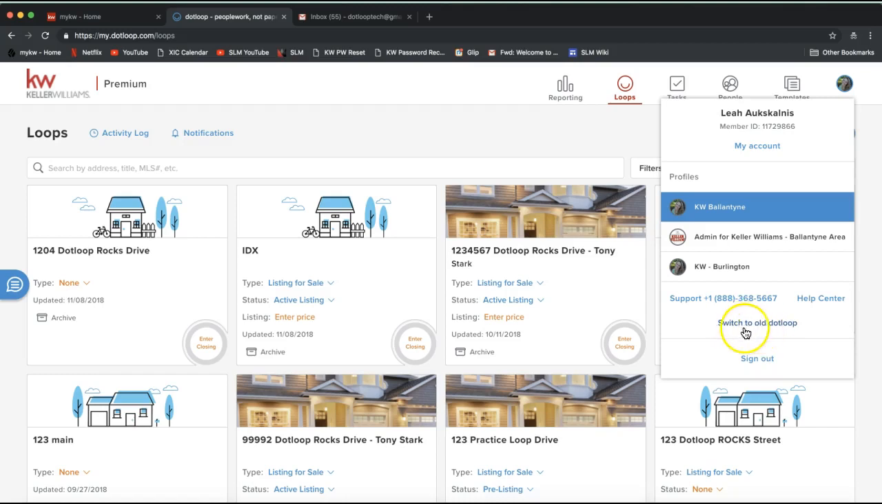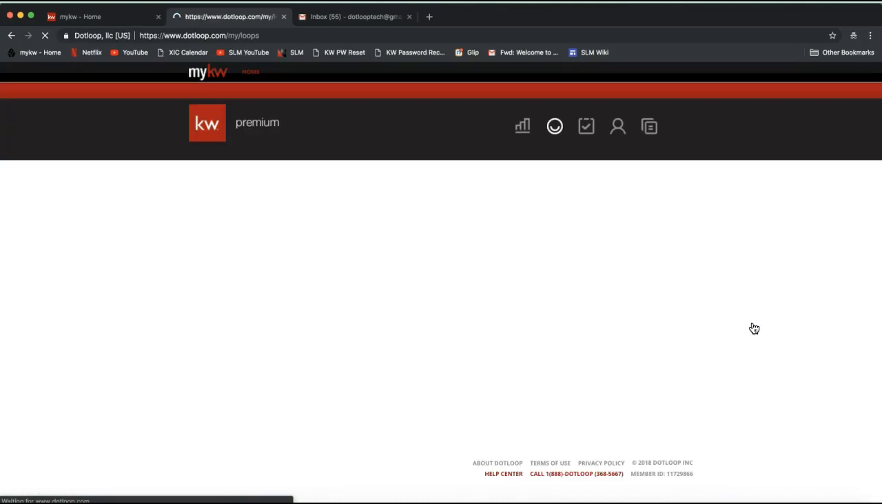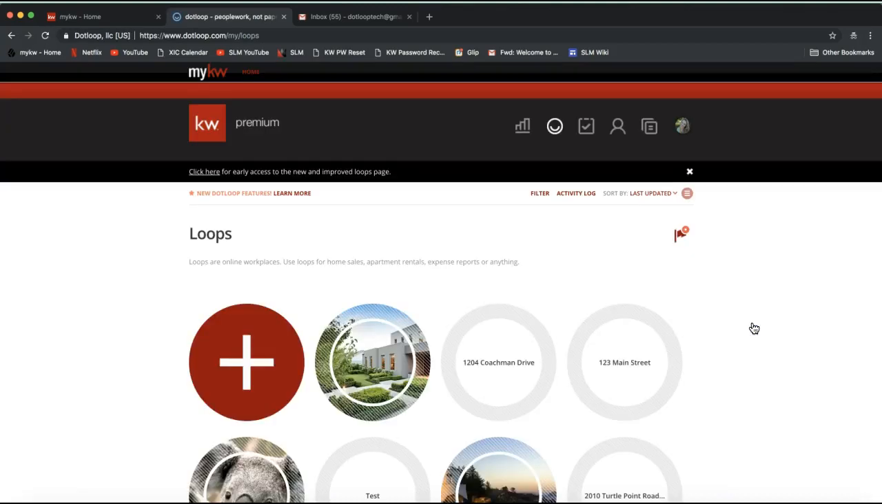All right, so if we click on switch to old Dotloop, I'm just going to show you what the old screen looked like. If this is what you were looking at, this is the original Dotloop home screen. Just to make sure that you can follow along with today's class and learn the new home screen, all you'll need to do to switch over to that is